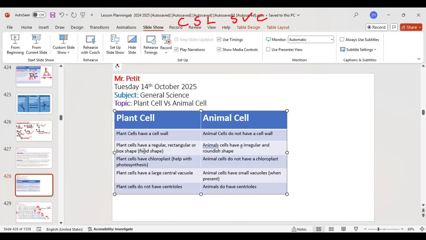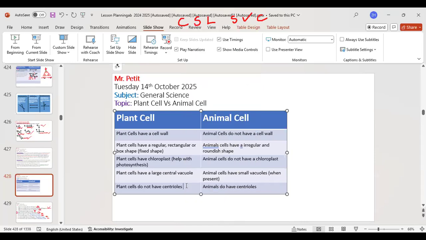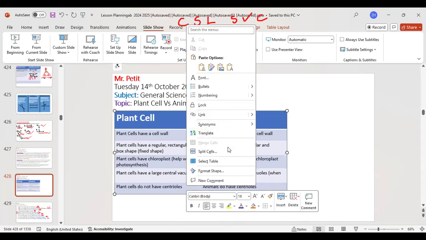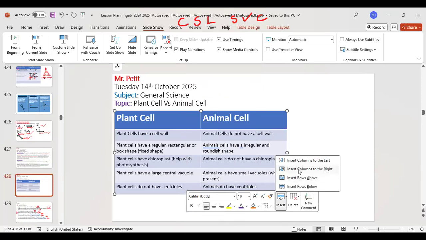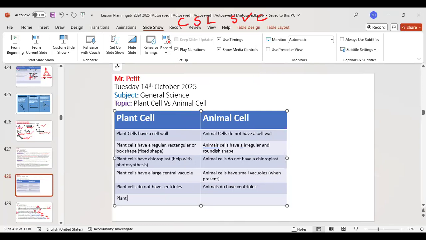I can show you a picture, right? It's not like a cell wall. I can show you a picture. The picture helps. But these last two, just wait till the picture. And then this is going to be below. And then plant cells rarely have lysosomes. Animal cells